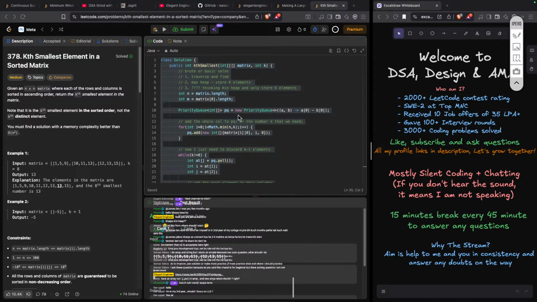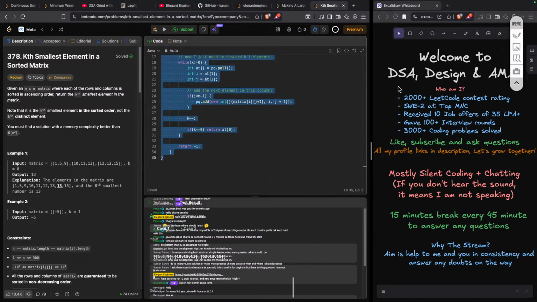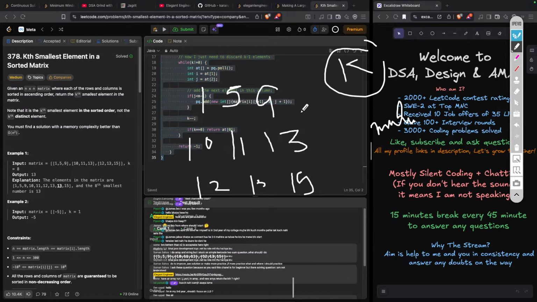But basically, we are just doing a priority queue thing, right? So if I bring this again, first, let's say I have to find the second smallest. I'm making a priority queue and putting 1 and 10 into it. Once the k becomes 0, I'll return the minimum value. So 10 would be the answer in that case.